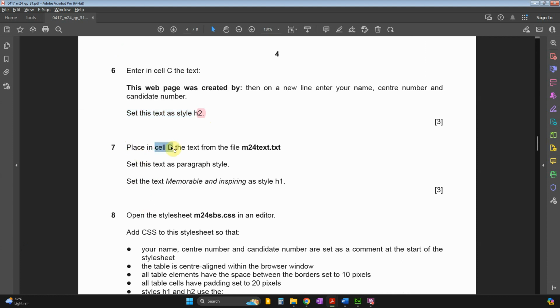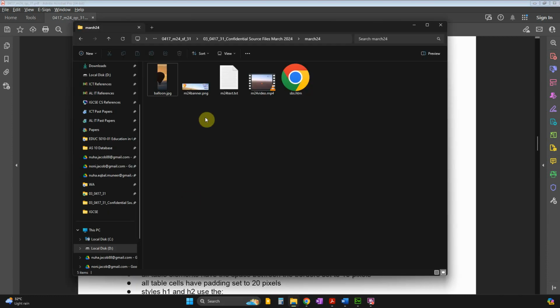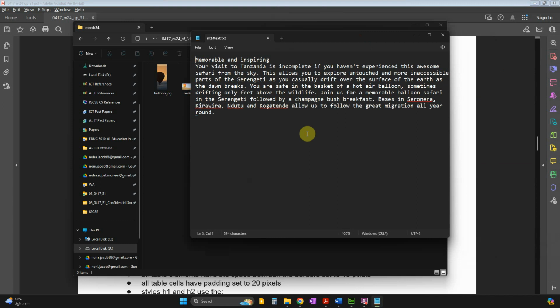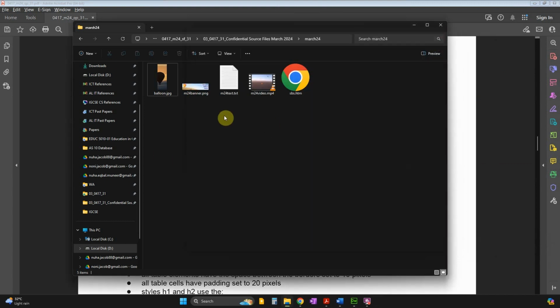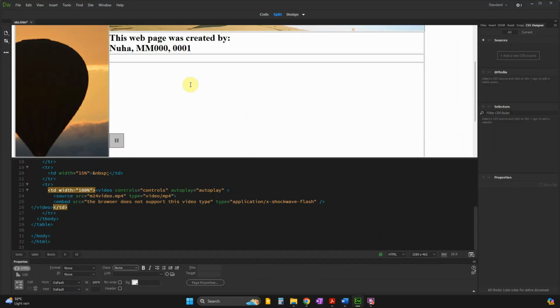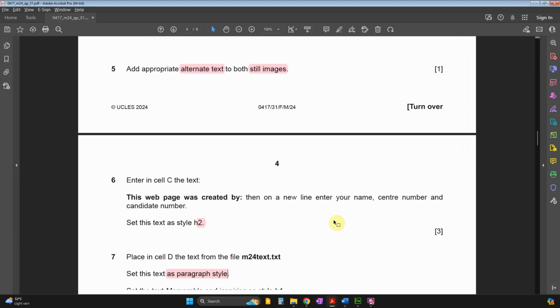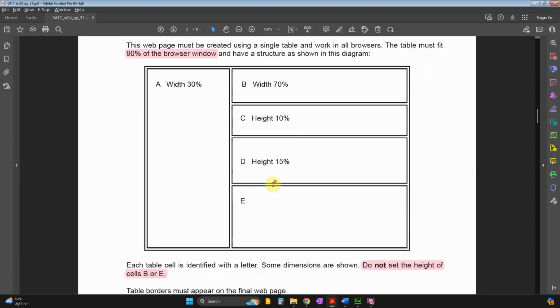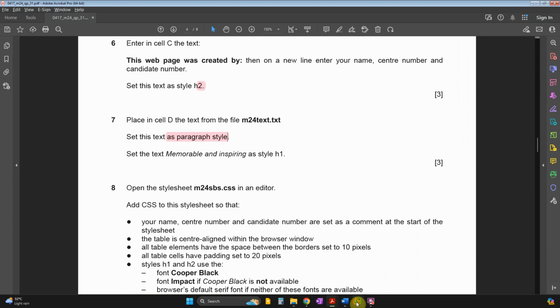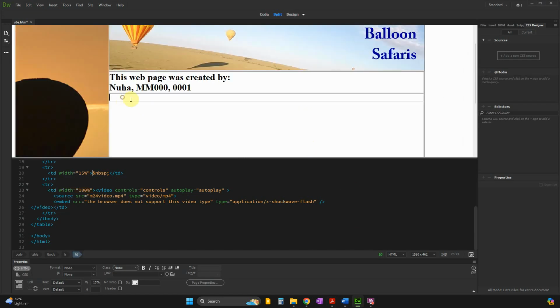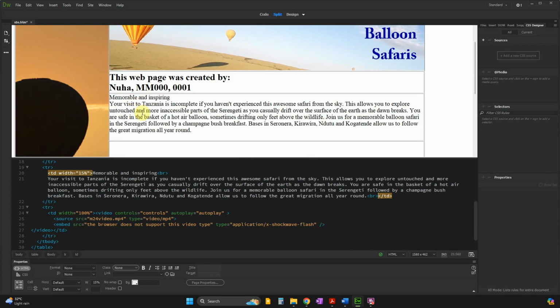Place in cell D the text from the file over here and set this text as a paragraph style. First of all, let's go to that text. Let's copy everything from here. Let me show it to you. And this was in place D, so before the last. And we need to set it as